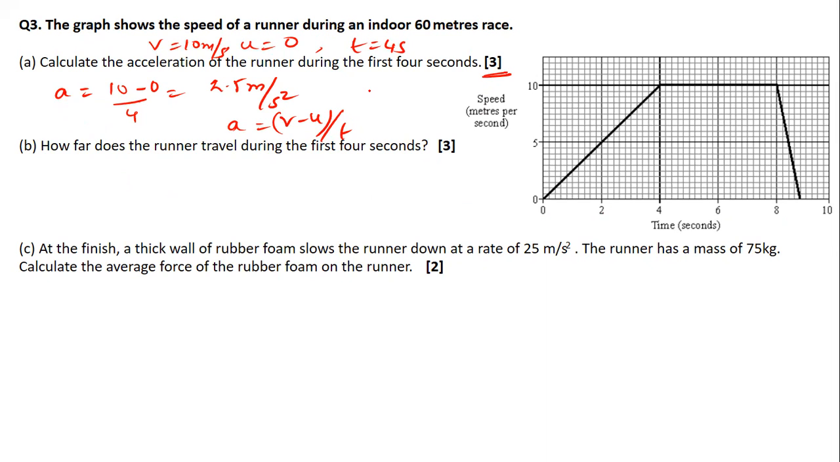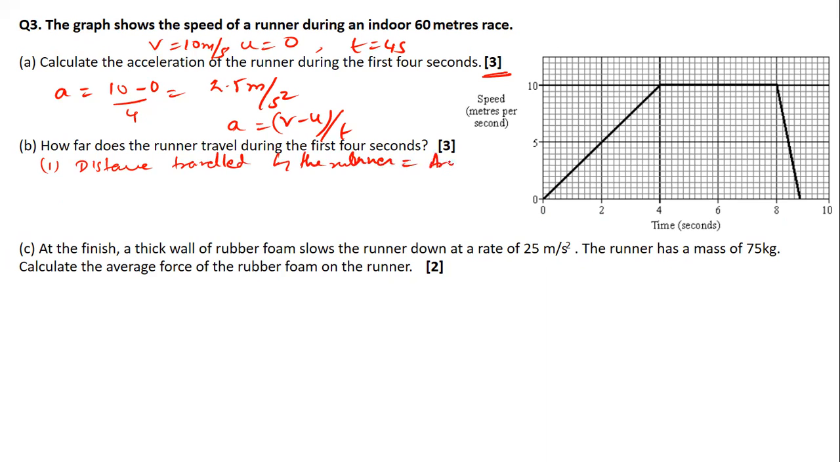Is this clear? How far does a runner travel during the first 4 seconds? What is the distance traveled by the runner? 20 meters. Again, you are making the same mistake. I want it stepwise. It'll be the distance under the graph, I'm sorry, the area under the graph. So what you should write: distance traveled by the runner